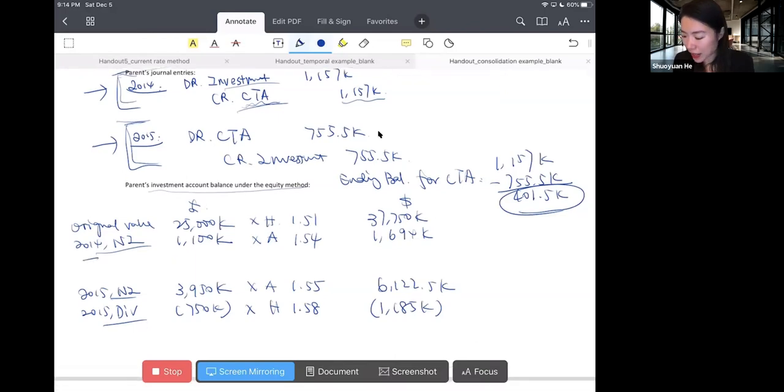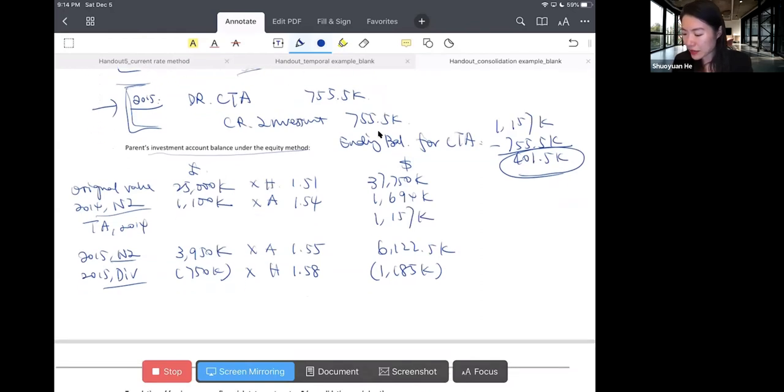So the translation adjustment in the year 2014 is 1.157 million. And the translation adjustment in the year 2015 is negative 755.5 thousand. So the balance of the firm's investment account